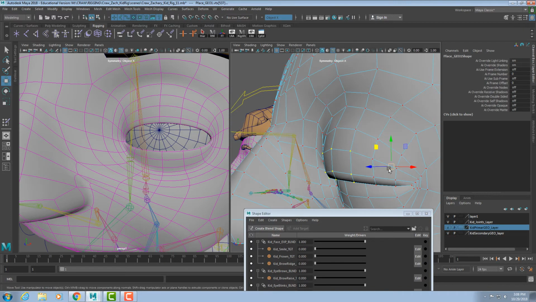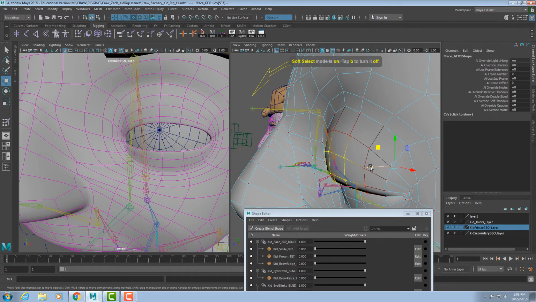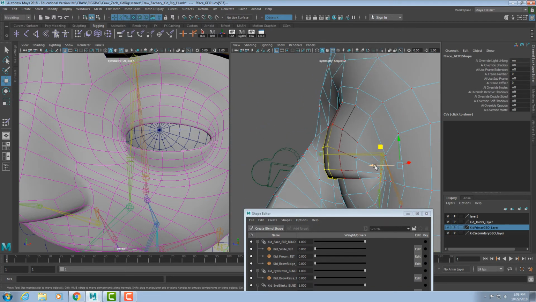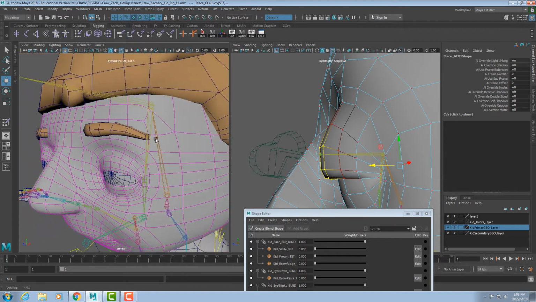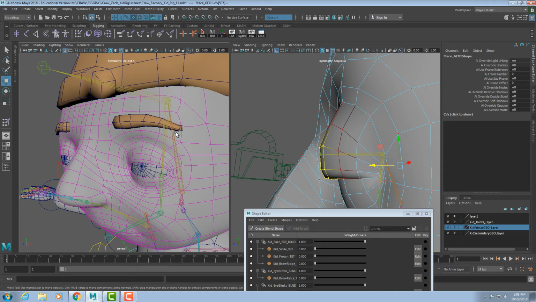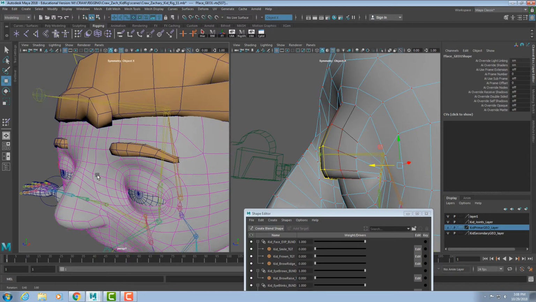But what you might do is grab some of these vertices and with your translate tool, push them forward a little bit and you can watch it update. So find the exact moment in your blend shape where you have intersecting geometry, where your eyeball is sticking outside of your eyelid, and freeze at that point in the blend shape and then go over to your target and start pulling those vertices forward